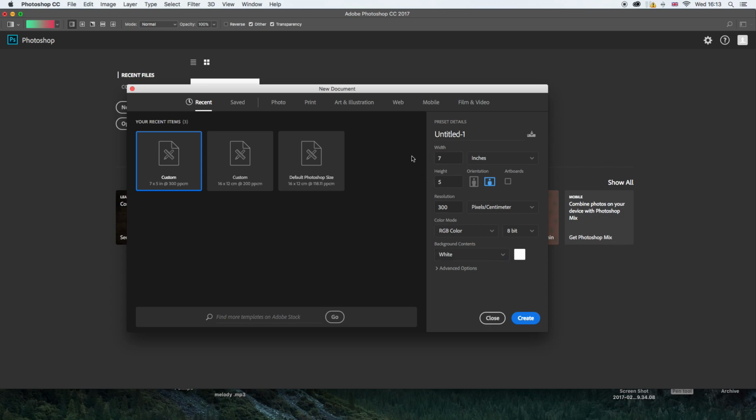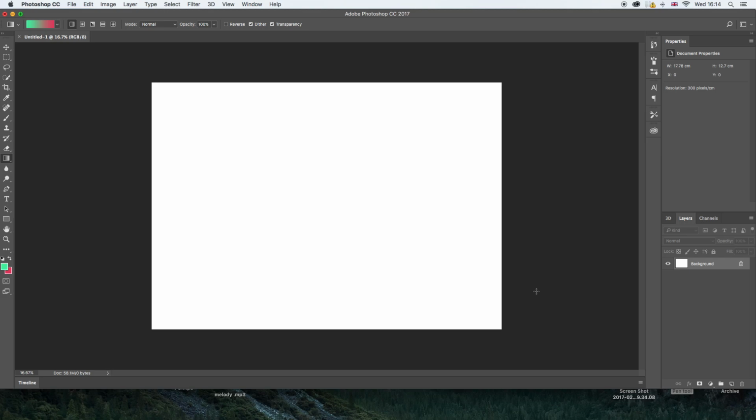you can see the sizes required on the site, which is 7 inches in width, height 5 inches, and 300 resolution pixels per inch. And then color RGB, and 8-bit document, and white background. Okay, once I click create, it will open the blank document, and then I'm going to select